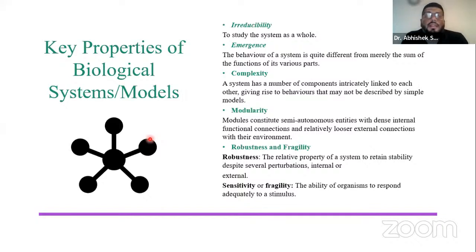for example, health and disease. Health and disease is one of the best examples of a complex system. For example, cancer, for example, diabetes. They are very complex disorders, right? And making a blueprint of them, that is making a model of them, is again a very havoc task, and that's what we do in systems biology.